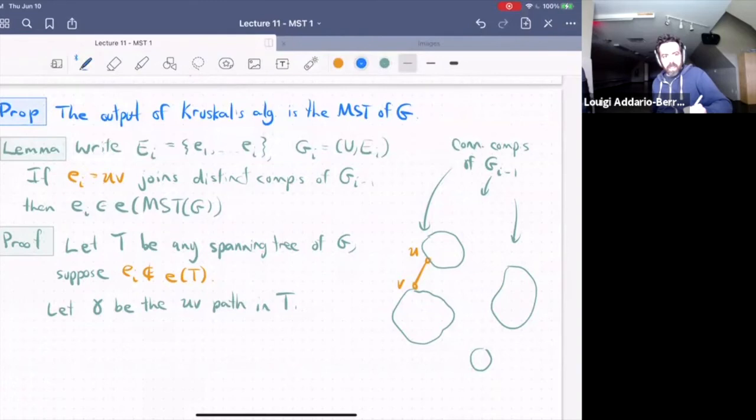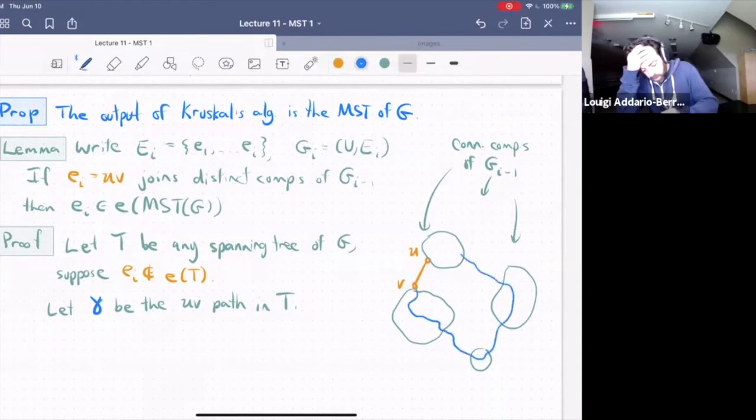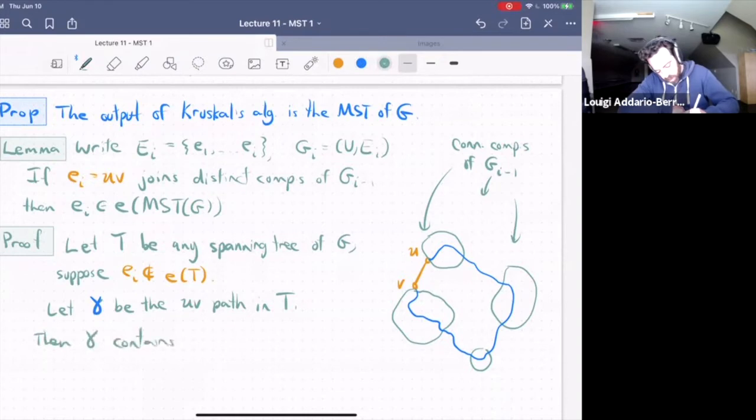And the path. So what's the path gamma? Let me draw it in blue. So the path gamma is some other path between these 2 vertices. So maybe it does something like this, right? It has to pass through, because these are in distinct connected components, it's going to have to at some point jump between connected components. It could do so several times, but it has to do so at least once. Okay, then gamma contains at least one edge